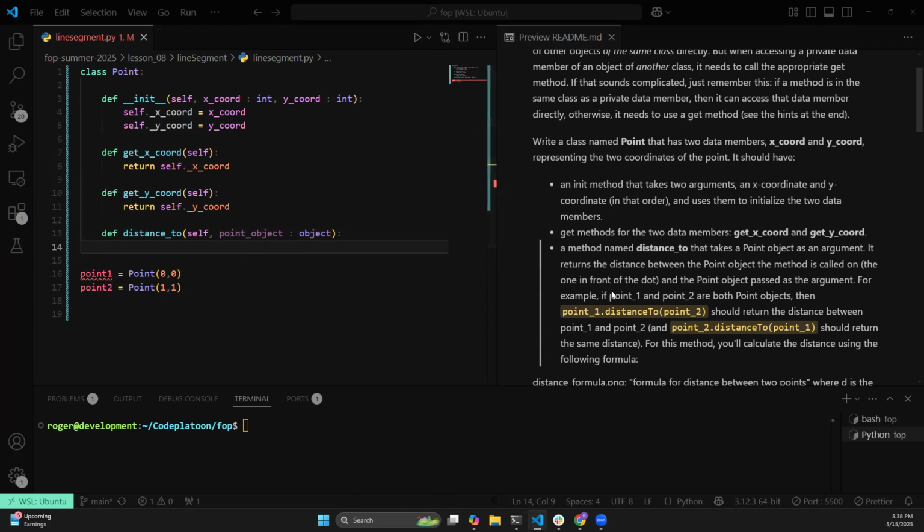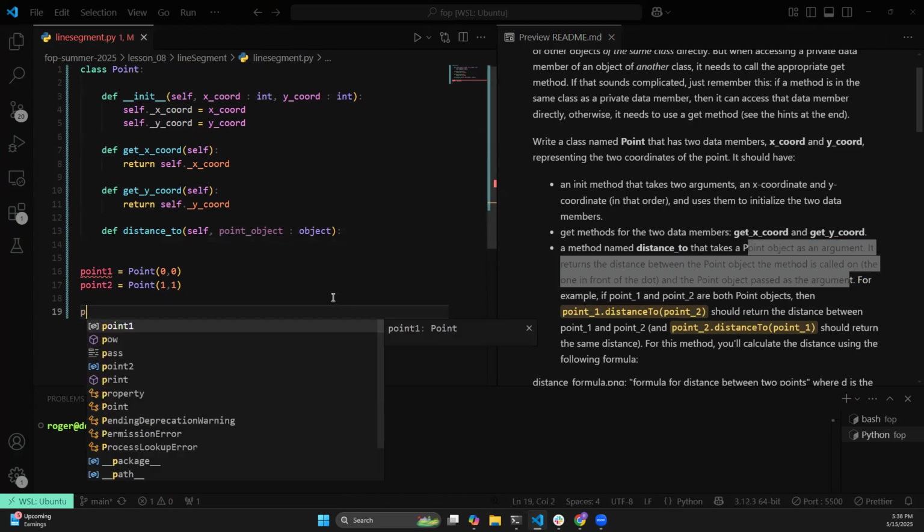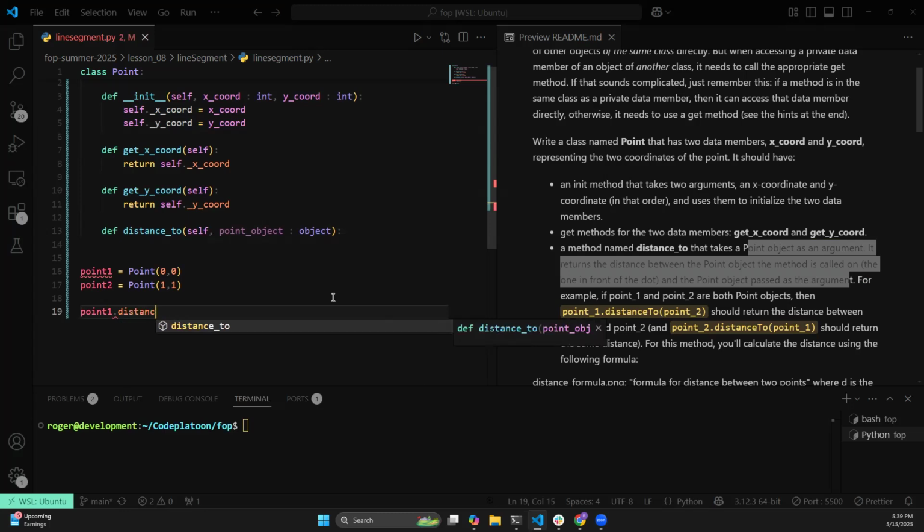And as we read here, the distance to method should take a point object as an argument, and it's going to return the distance between the point object the method is called on and the point object passed as the argument. So I should be able to do something like point one dot distance to point two, right? There we go. So the first object, point one, should be able to utilize the distance to method it has and pass in the point two, which is the object, as an argument,